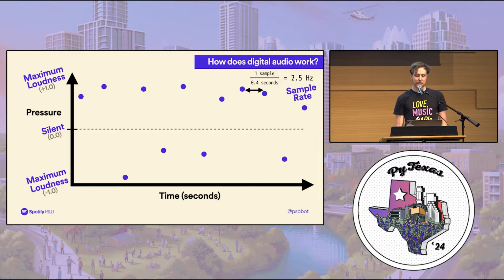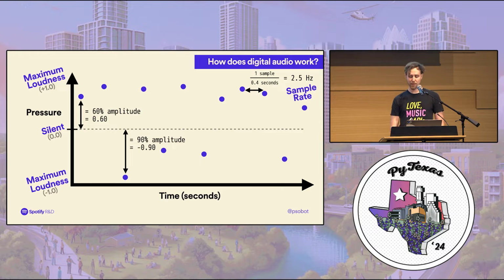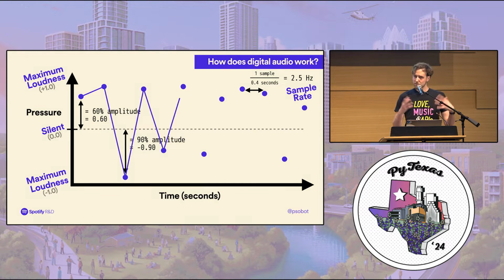And then we can just measure each of these points. So on the left here, this point is maybe 60% amplitude, or 60% of the maximum in the positive direction, so we could give it 0.60 there. And this point here is 90% amplitude in the negative direction, so we'd give it a value of negative 0.90. So I could join all these points together and try to reconstruct that original sound that we just heard of